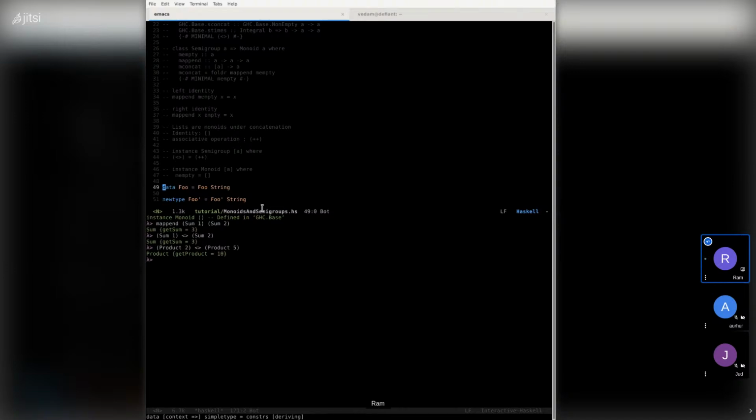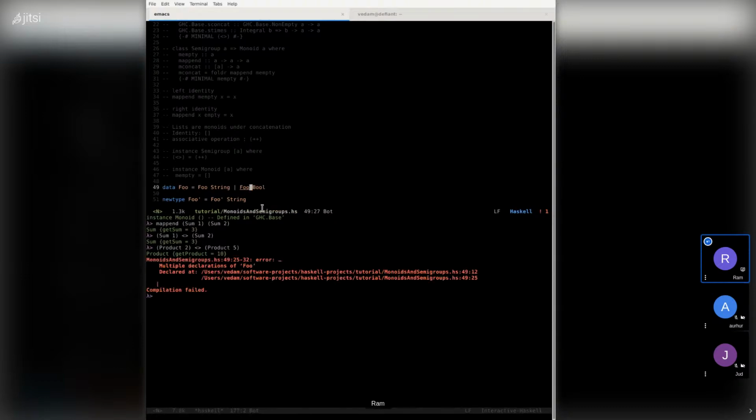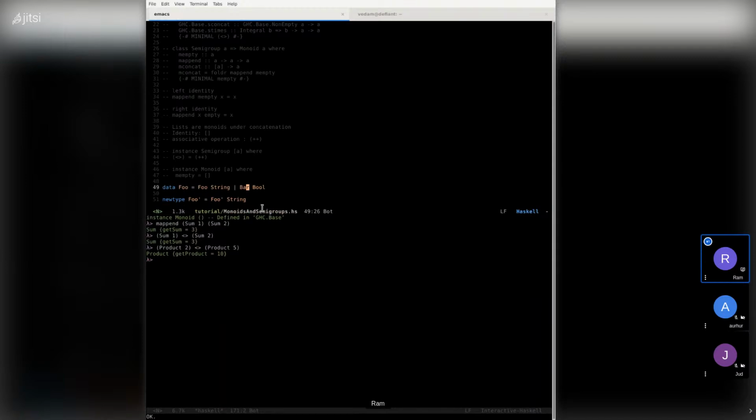Unlike data, which could be a sum type, so it could be Foo String or Bar Bool, a newtype cannot consist of multiple type constructors. It can only have a unary data constructor, and that unary data constructor can only take one type.